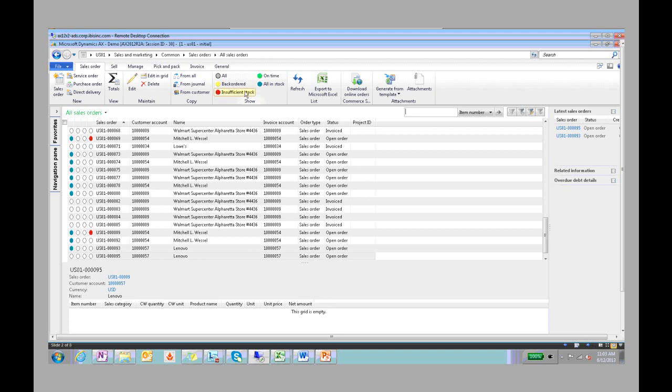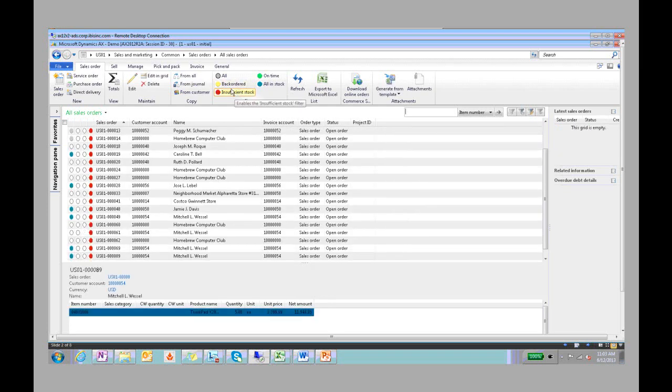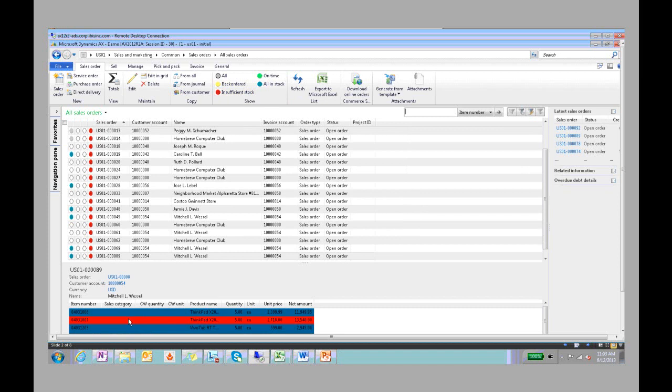On time means that there is not available stock in the specified warehouse or site, but that inventory has been ordered, and it will be on time to ship with the sales order. And then all in stock is pretty self-explanatory. These, as I said, can all be filtered upon by status by clicking on the buttons at the top, and it actually shows the specific lines and whether they're in stock and the availability of those lines down here in the footer. When you actually go in and create a sales order,